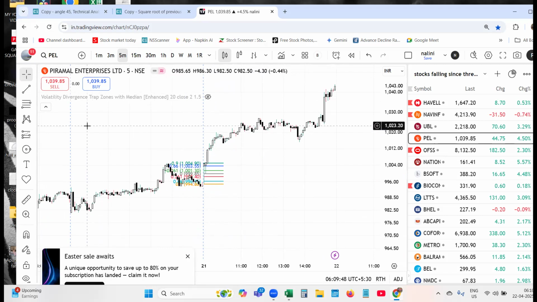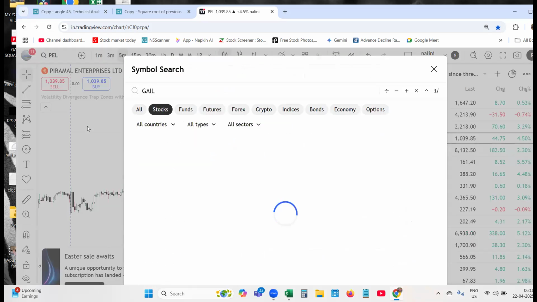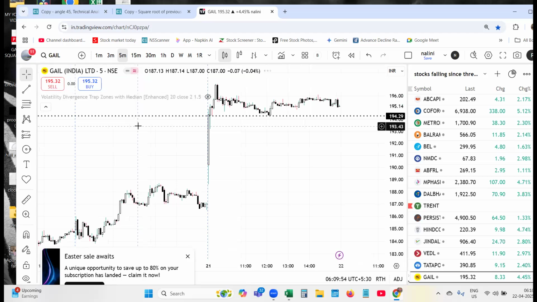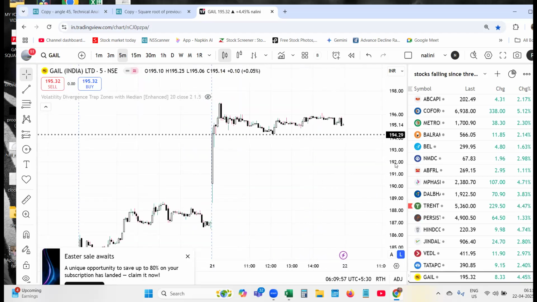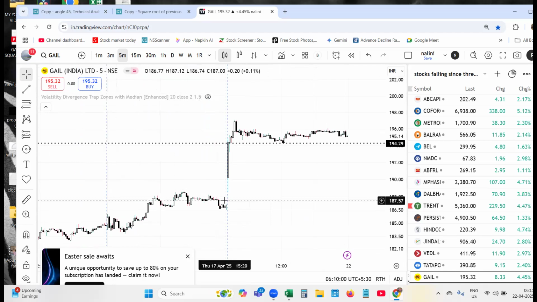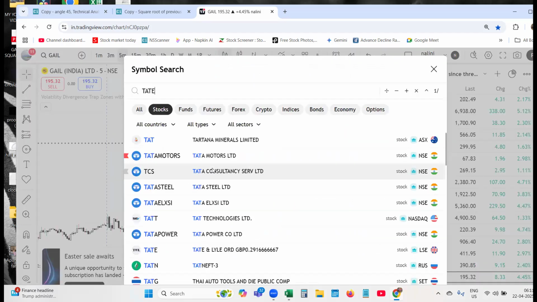And another stock, Gail had come. Gail had come. See, how will you trade this type of stocks? Even though it is 0.66, it is a huge candle. And by the time you analyze and enter into the stocks throughout the intraday session, it has gone horizontal and it is not suitable for option trading at all. You cannot enter into it. So you should select this type of stocks like Tata Elxsi.